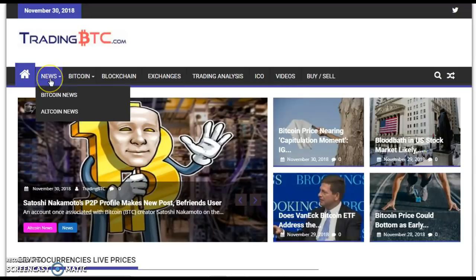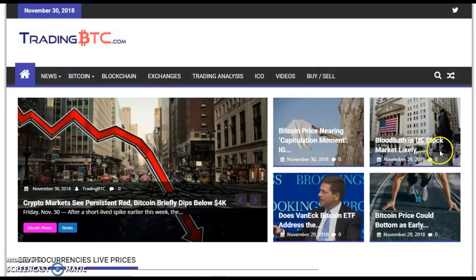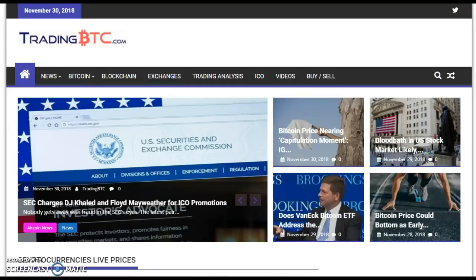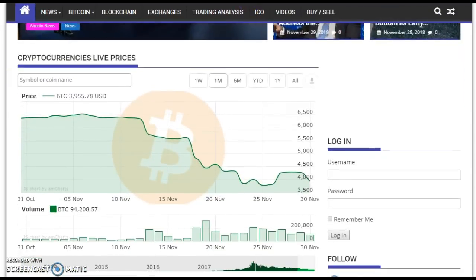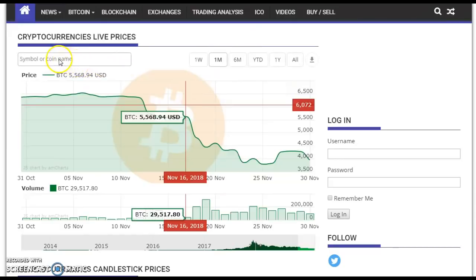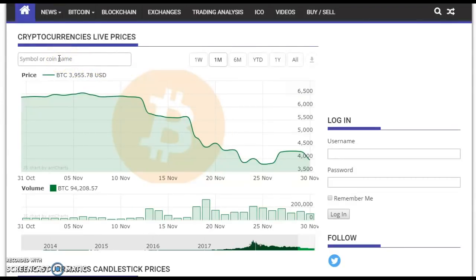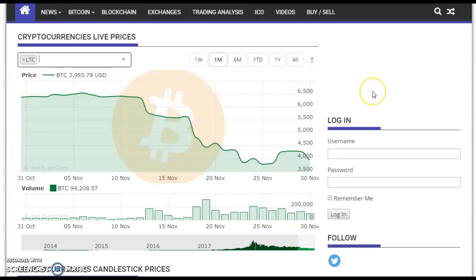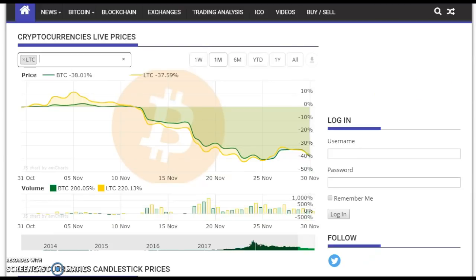So if we just take a look at some of these pages here. Obviously we've got our home page here giving you up-to-date information about what's happening in the market as a whole. And then also if you scroll down a little bit, you can see the chart here. The one thing that you can do is compare Bitcoin to another coin. So for instance, let's just put in here LTC for Litecoin. And so once you select the coin, what you're actually going to see is a comparison chart of